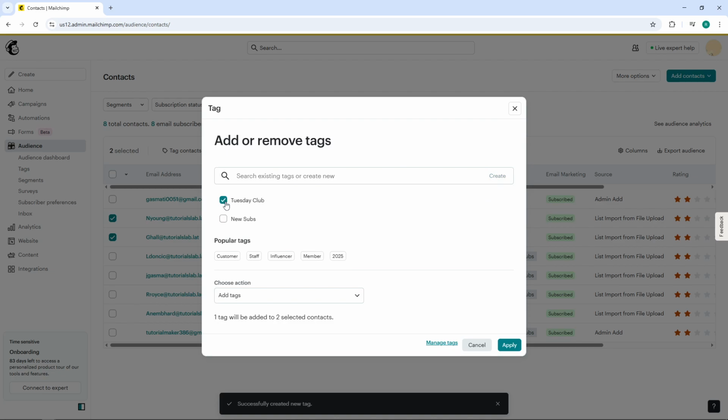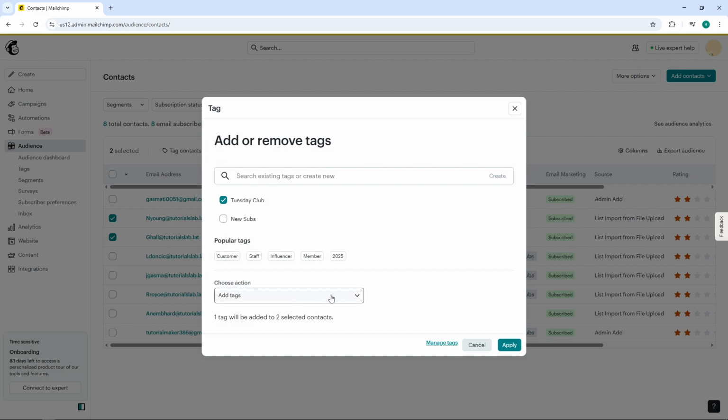If you need to remove a tag from a contact, navigate to the Choose Action section. Click the drop-down field and you'll see options to either add tags or remove tags. Select the appropriate option based on what you want to do, configure your selection, and then click Apply to make